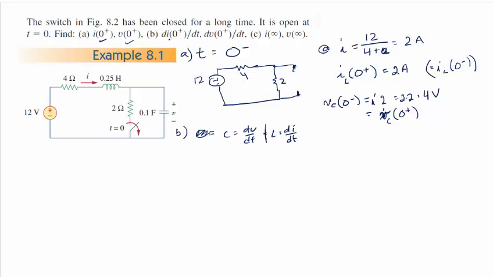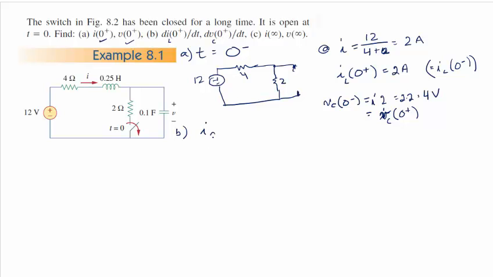So di is going to be related to L, and dv is going to be related to C in this circuit. So let's look at what happens. Doesn't matter, we'll do either one first. I'll pause this for a second. Let me fix. There, I erased my little mistake there. So let's write that again.